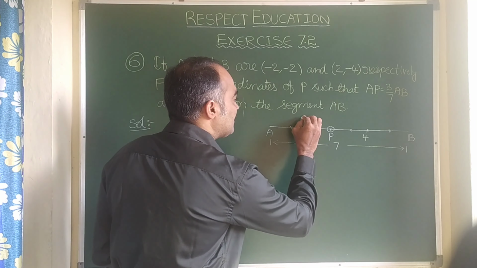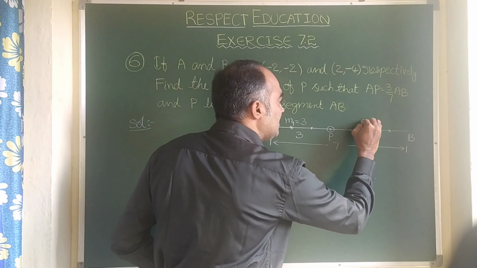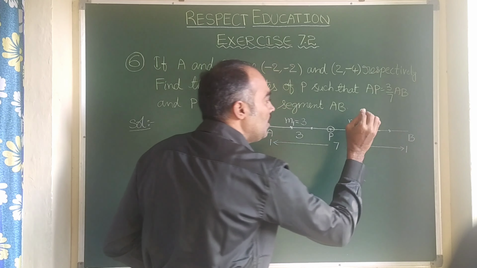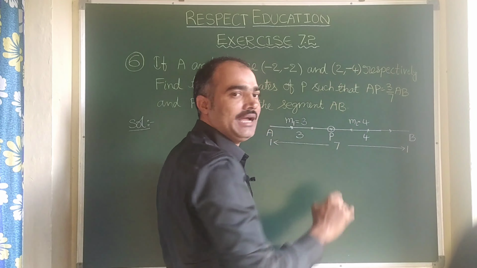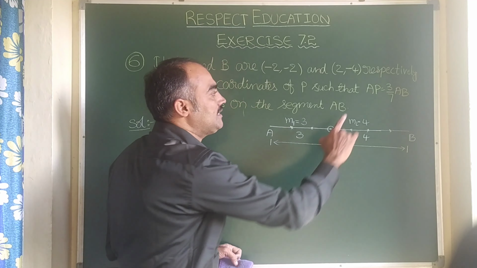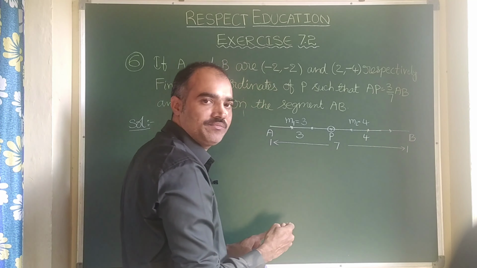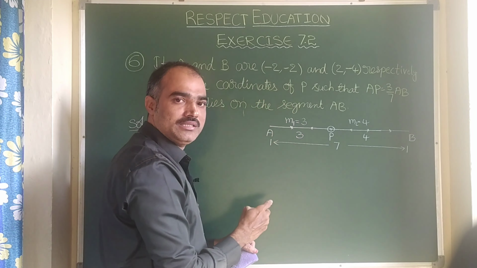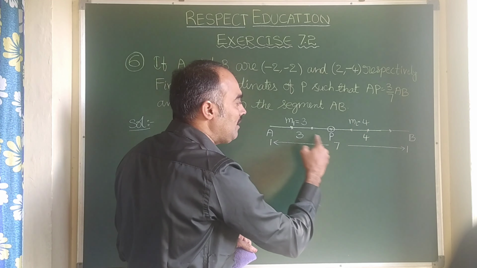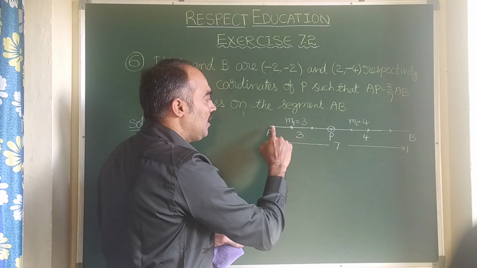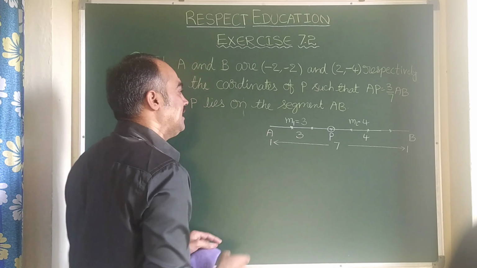So here, let us write this 3. This can be taken as m1. Let us write this 4. This can be taken as m2. But you do not think that this 7 is m2. Remember here, understand very carefully, 7 is not m2. 7 is the total number of equal parts. In which if m1 takes 3 parts out of 7, definitely m2 will take the remaining 4 parts. 4 is nothing but 7 minus 3. Is it clear? So now AP is to PB as 3 is to 4. Clear? Let us write here in detail.